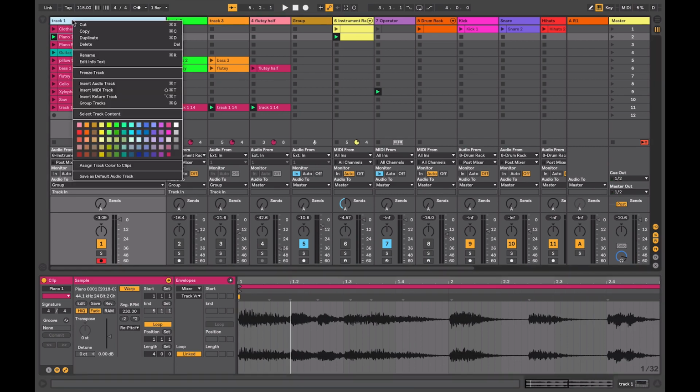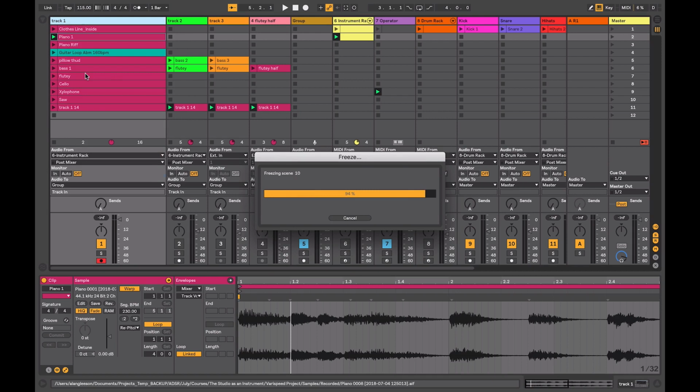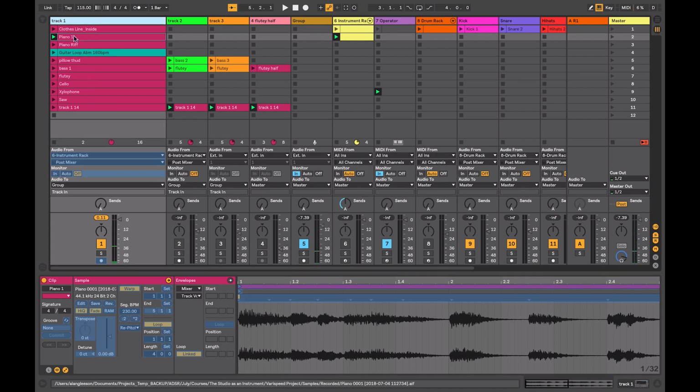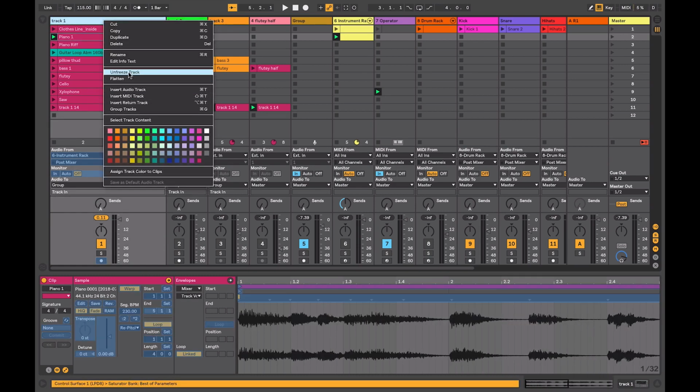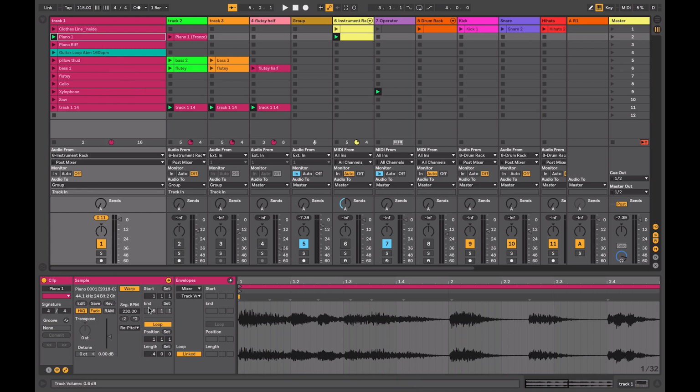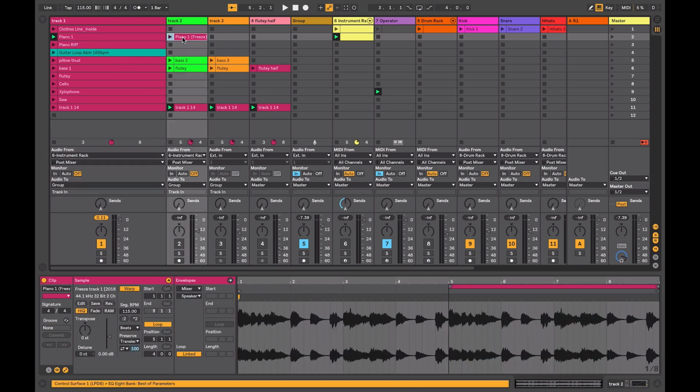So what I'm going to do is freeze this track. This is just the equivalent of bouncing it so I can get a copy of it. And I'll make a copy of this over to our other track here, and then I'll unfreeze this track. So we have the original here, I'll put that back to its original tempo, and we have a copy over here which is playing back at half the tempo. So when we listen to this one,